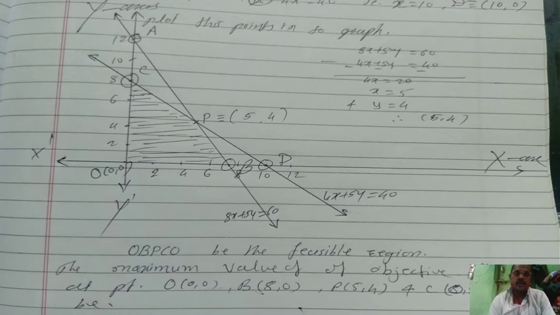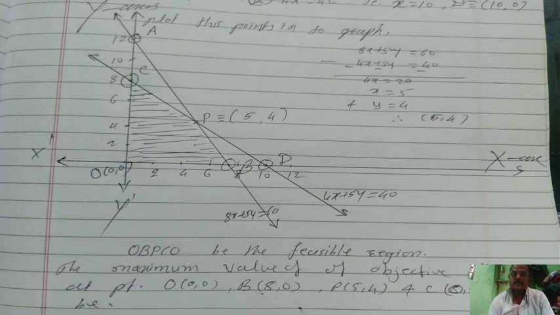is the intersection of the two lines. First line 8x plus 5y is equal to 60 and 4x plus 5y is equal to 40. For these two linear equations we have to get point P. Take subtraction, minus minus minus, right? We have to change signs of these equations. Then plus 5y minus 5y will be cancelled. 8x minus 4x remaining is 4x is equal to 60 minus 40 is 20.